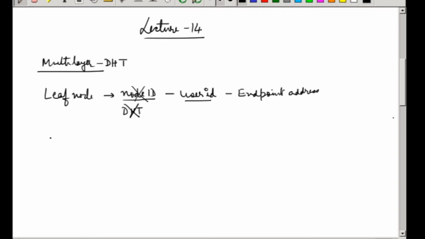There will be some nodes which we call core nodes. They will be participating in DHT. They will also have a node ID attached to them. Remember, the node ID, as we discussed in an earlier lecture, consists of two parts. One is generated using public private key pair generation, the RSA algorithm, and the public key part is your node ID.